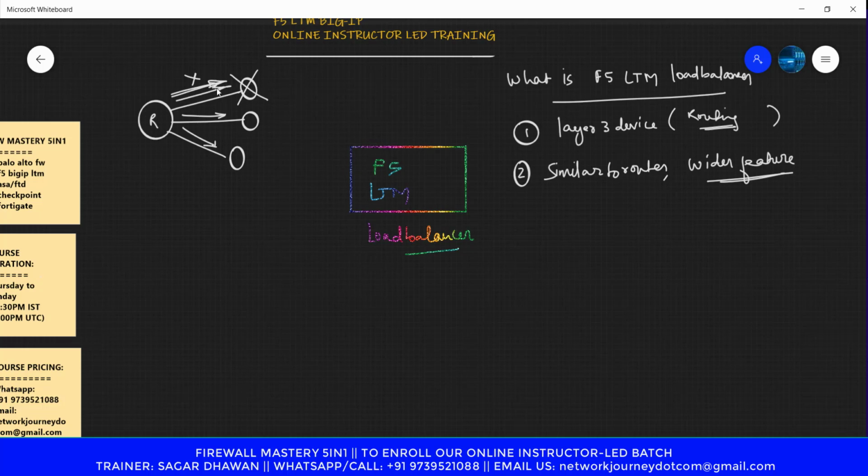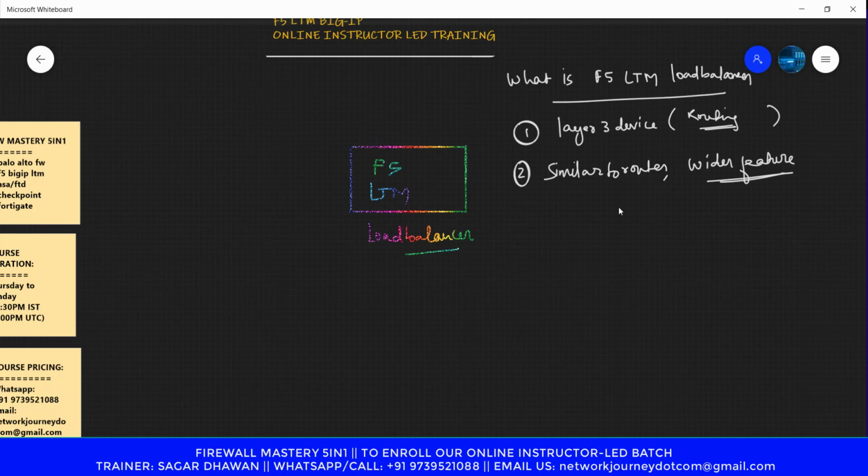It is still passing traffic on. But in the case of F5, it's very smart because there is a concept of probe, due to which it sees whether the server is up or down. If it's down, it will mark it as down and start serving the traffic to these two only. That's a different thing, we will come to that.